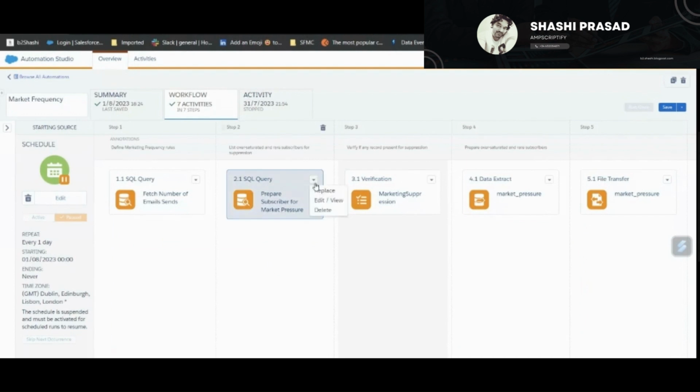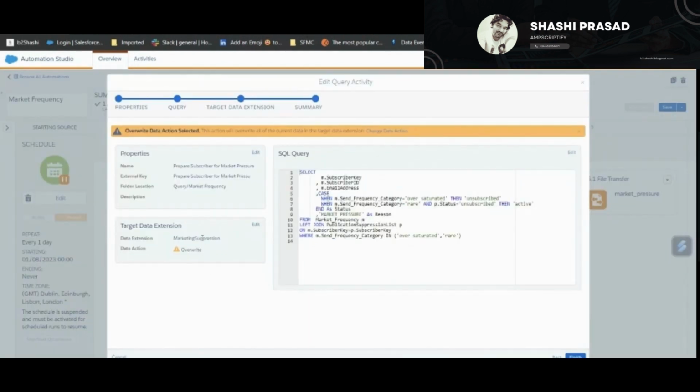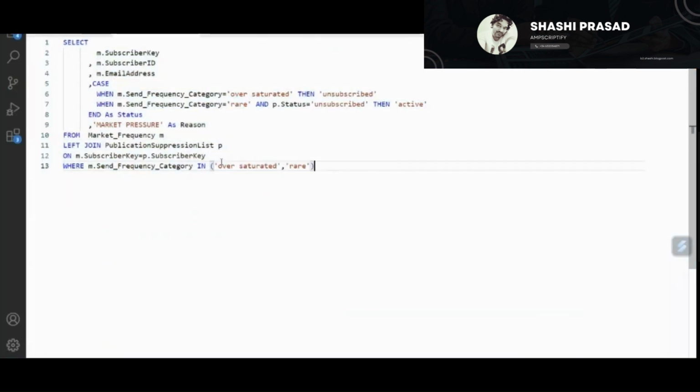In the second step, I have another data extension as the target data extension, which is marketing suppression. The data action here is of type overwrite. What I'm doing here is selecting all the subscribers from that particular data extension, market frequency, doing a left join